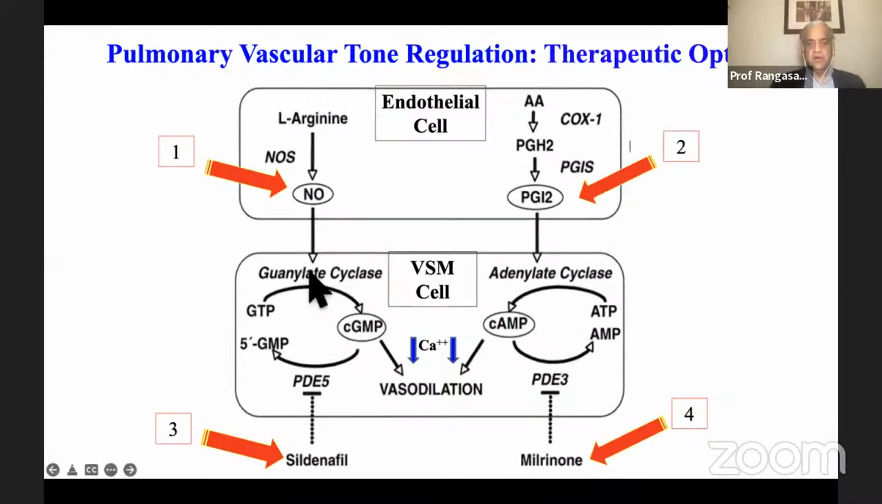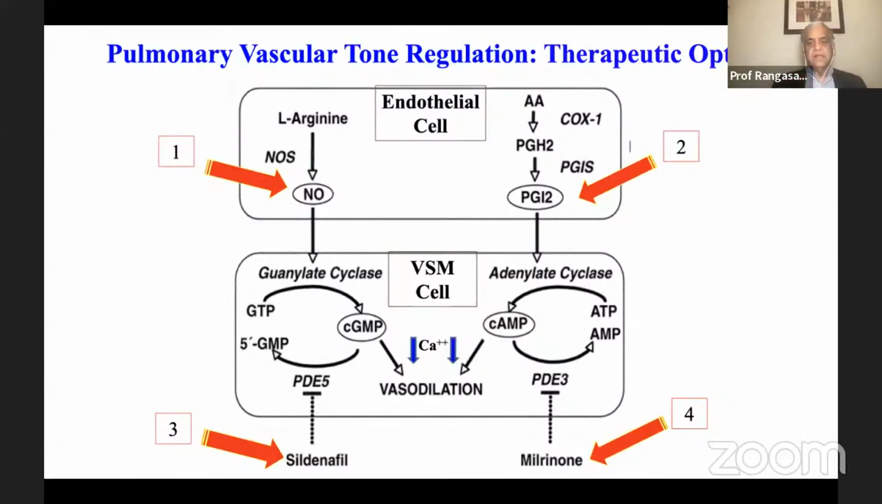Okay, so it acts on guanylate cyclase, converts guanosine triphosphate to cyclic GMP, which is the intracellular messenger that decreases the calcium concentration through protein kinase A, and causes vasodilation. The second pathway is the arachidonic acid pathway. PGI synthase converts it into PGI2, and PGI2 combines with adenylyl cyclase, converts ATP, adenosine triphosphate, to cyclic AMP. So both cyclic AMP and cyclic GMP will decrease intracellular calcium concentration, leading to vasodilation of smooth